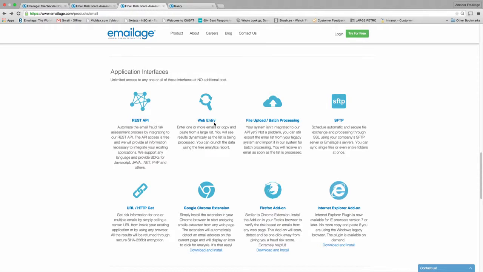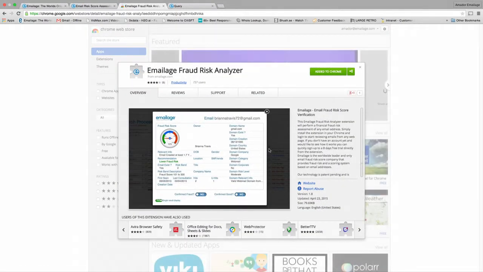We also support different ways to consume our data. We have a very nice website where your team can go and check a specific email, or run a list of email addresses. We also have SFTP, a secure file transfer protocol, for batch. We do HTTP GET, and we are connected to several fraud prevention platforms and data distributors. Now, for today, for Finovate, one thing that we're really proud to mention is we now have extensions covering all 3 browsers. We have extensions for Chrome, Firefox, and Internet Explorer.